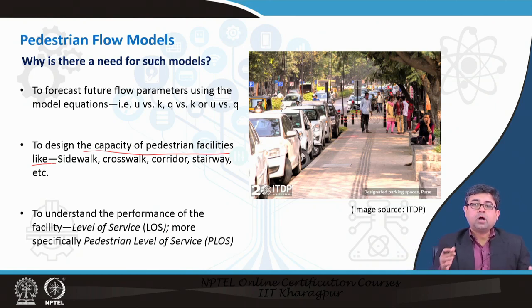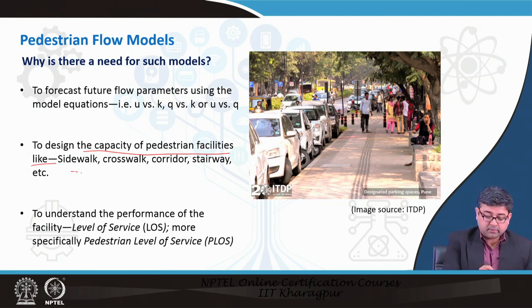If you do not know how people move, if you do not know the relationship between the flow and the speed parameters or the flow and the space parameters, then you would not be able to say you would need a 2-meter wide sidewalk for the next 1 kilometer, or do you need a 5-meter wide sidewalk for the next half a kilometer, right. You cannot then estimate the right capacity of the sidewalk, and then you make sidewalks that are underutilized or not utilized at all, and that has policy and congestion implications.